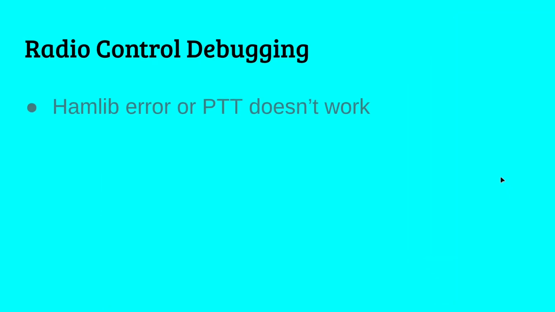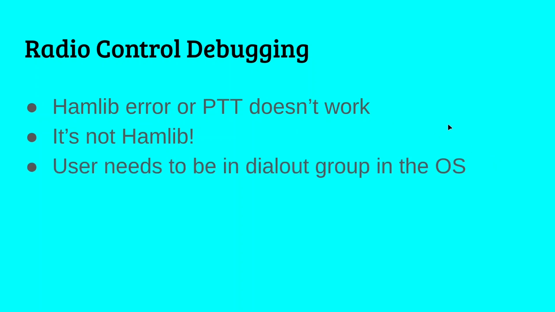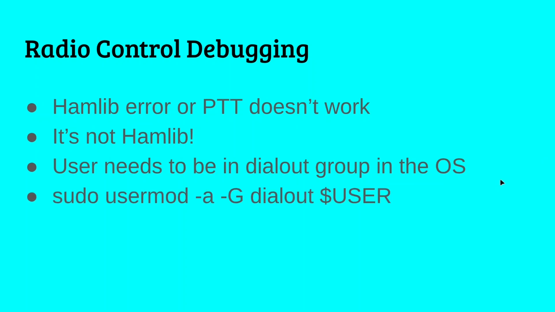Radio control debugging. When I pressed the PTT test button, it didn't work. It said it was a Hamlib error. It is not a Hamlib error. This is caused by the user needing to be in the dial-out group in the operating system. And this goes back to the days of modems and things like this. So you have to add your user into the dial-out group, or it won't be able to control the PTT